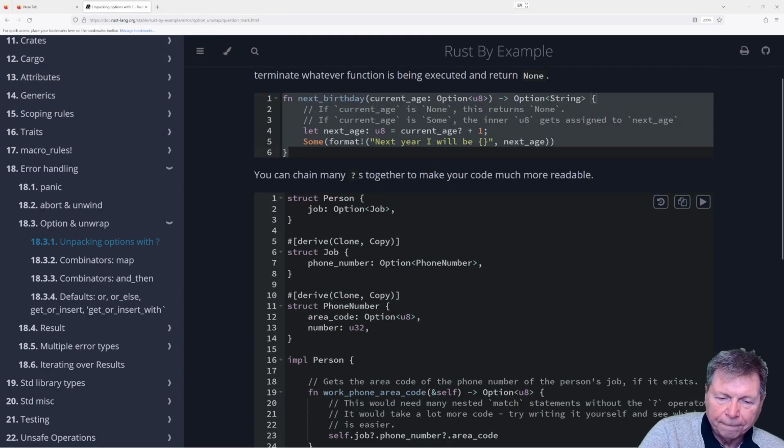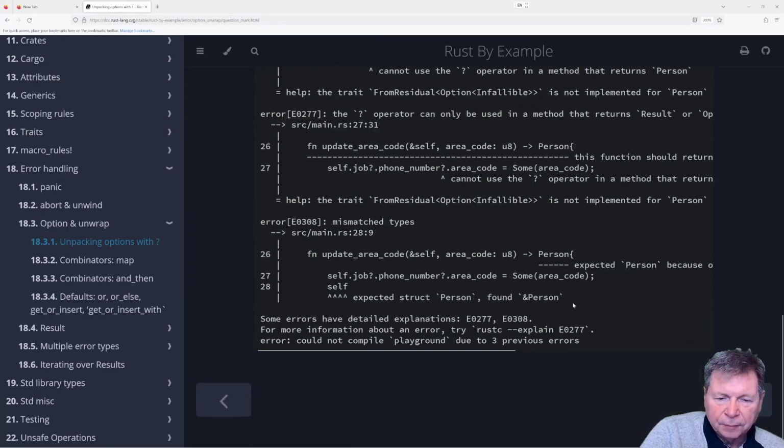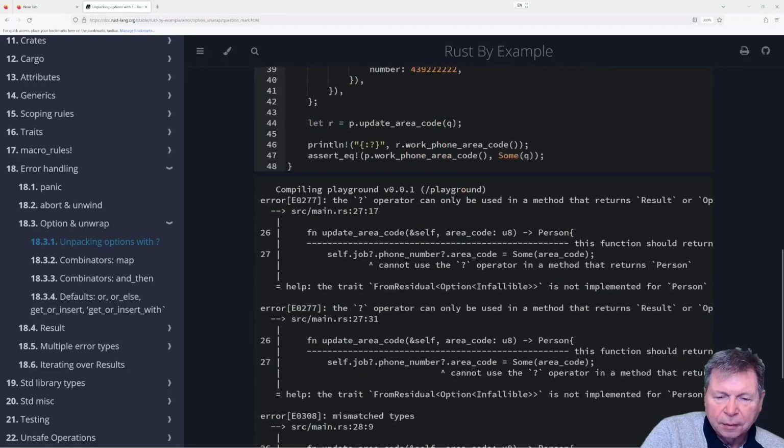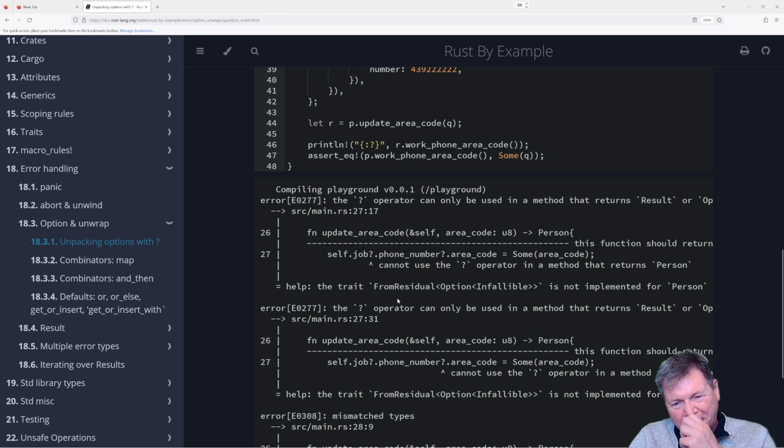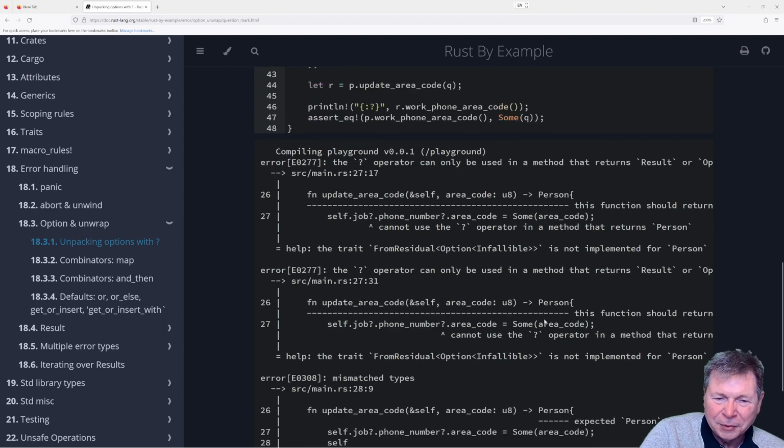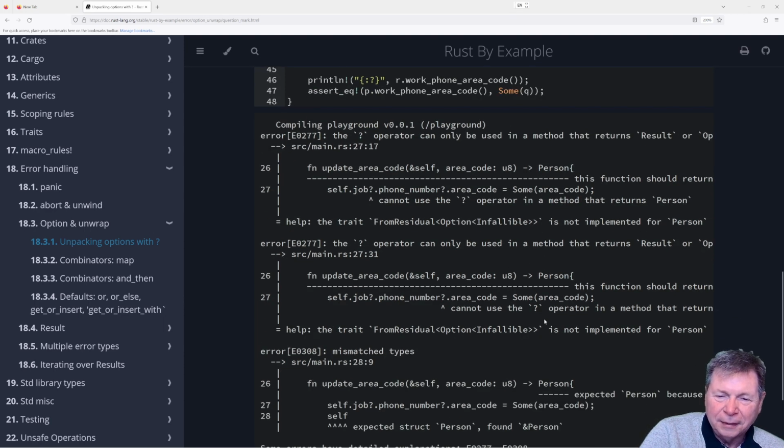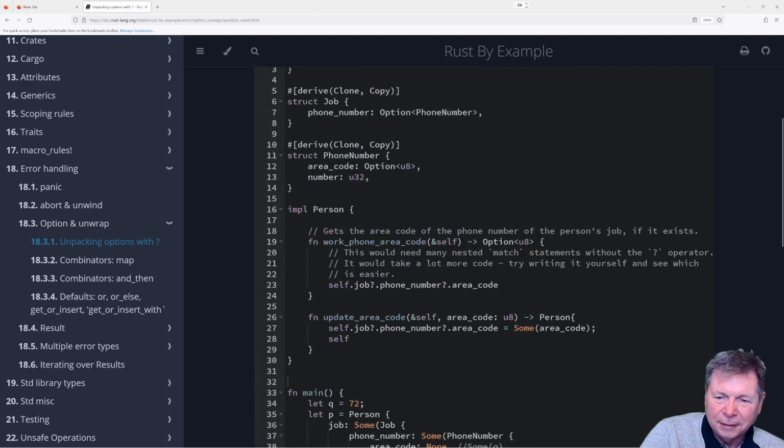Run. Yipes! Okay, now what? Can only be used in a method which returns result or option. Oh, right, but we want to return the option. Option. Okay, we want to return option person.